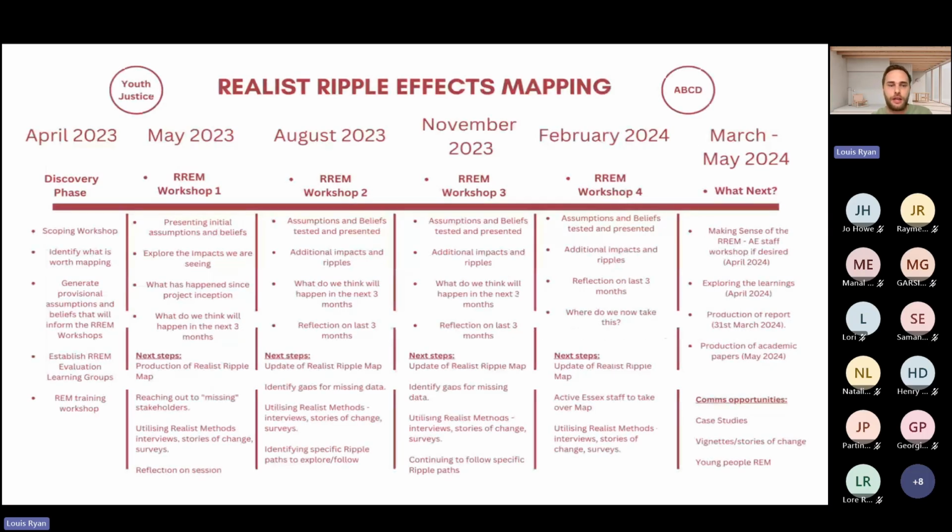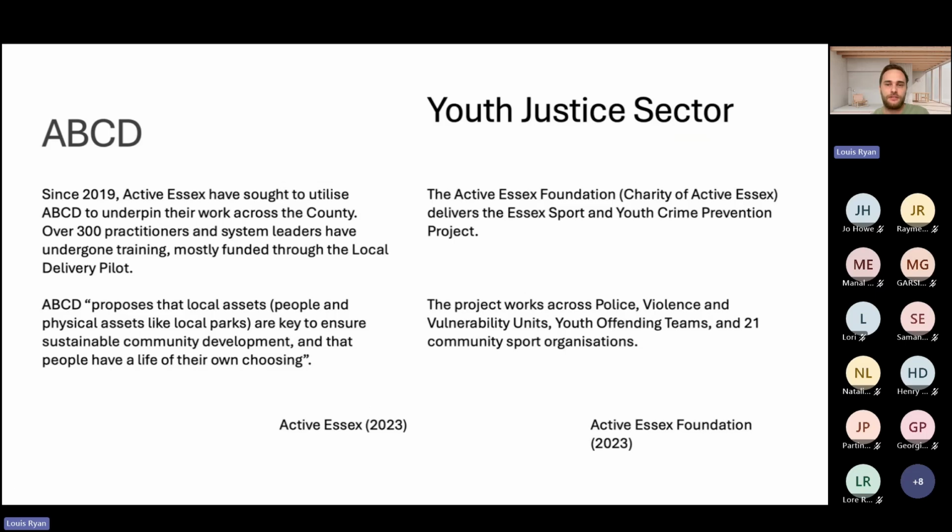And then just a quick one pager around what this might look like. Say you were going to go out and plan, okay, discovery phase at the beginning. We did 4 workshops, and then what next. So if you are watching this, do pause if you want to look at it a little bit more. And then again, the examples. But I'll stop sharing my screen. That's all my slides.